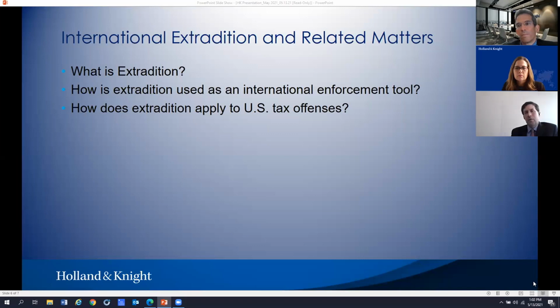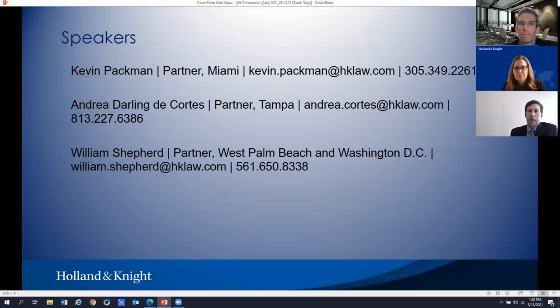There were also tax issues with that because of the proceeds, right? The anti-money laundering pieces that could be part of any of those things. But all of those issues flow into an overall analysis for the Justice Department of how aggressive or how interested they are in really trying to attack somebody on an extradition basis. So that's a quick rundown of how extradition works in the US, to the US, and from the US. Like some of the things that Kevin and Andrea were talking about, it's really fact specific. So you've got to dig into it in great detail, and there's opportunities to attack it throughout.